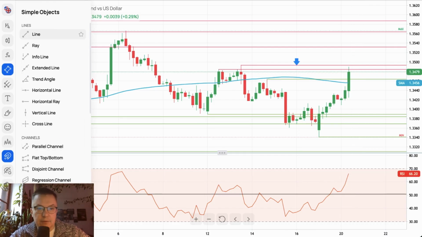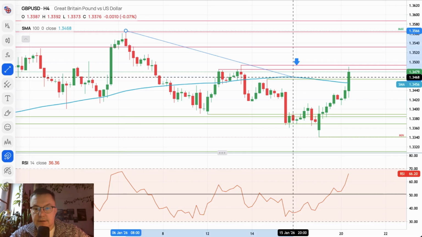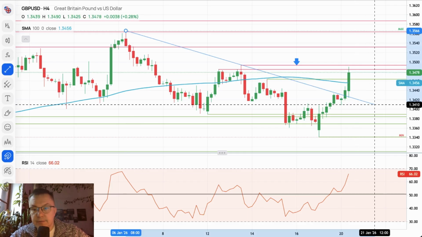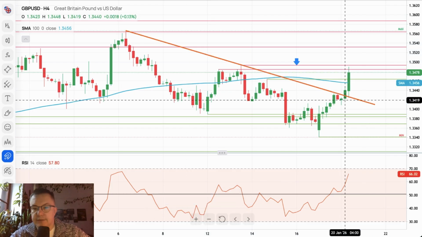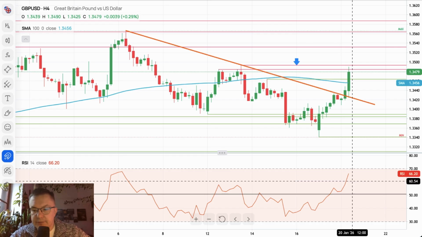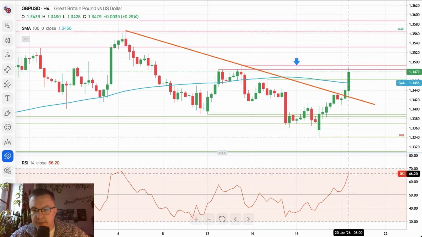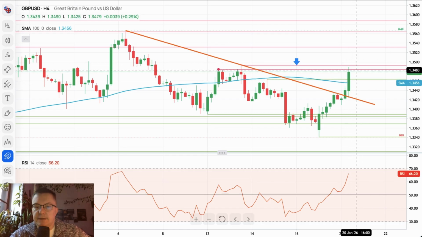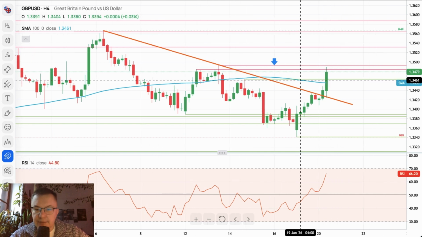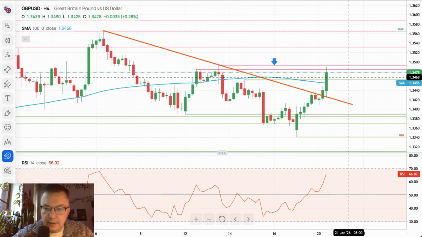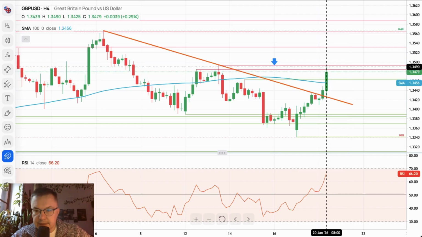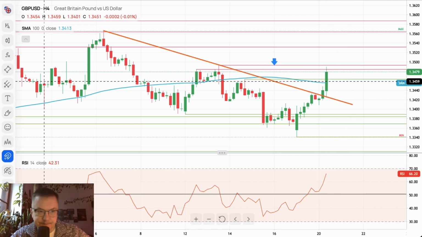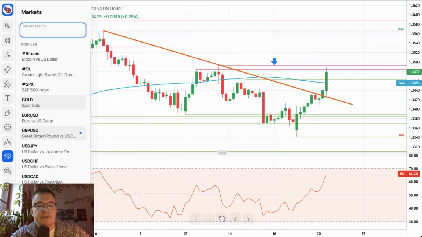We can add one more, but this is post fact, so we can see that there was some kind of a trend line, orange trend line. Yes, back to the orange color. And it's obvious that we have a breakout here. Strong momentum, 66 points, a little bit of room to the upside on the RSI. Upside limited on the chart. Nevertheless, we might see some sort of tricks being played by the bulls. So we might have a breakout to the upside and then pullback. So please keep an eye on the British pound.